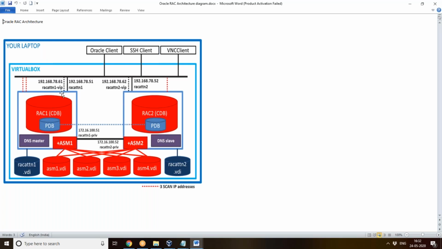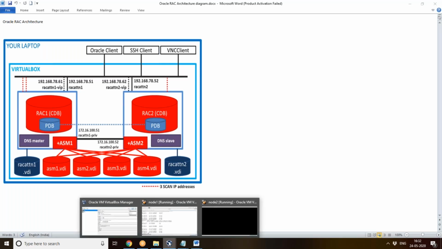Because this is somewhat difficult to understand this way. See, through the public IP, these applications are getting connected to the instance. If that instance gets crashed, through this public IP it's not able to connect here. Each instance will have its own VIP, so that through this VIP they will get connected to the other instance, failing over to the other instance. Fine, that is the meaning and the use of this VIP.